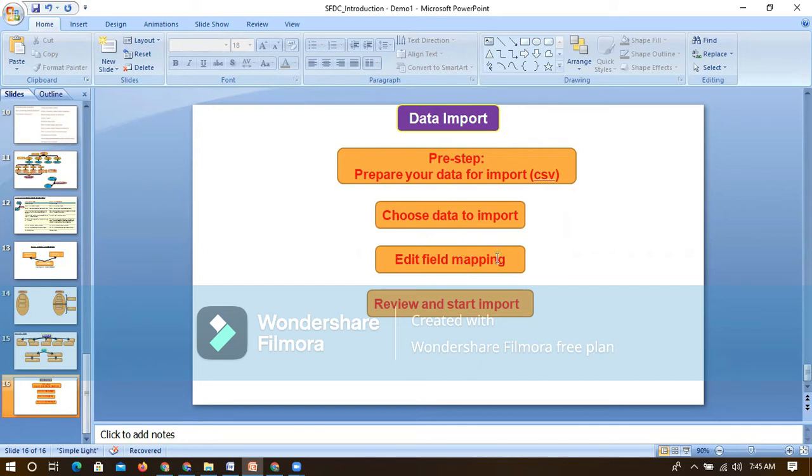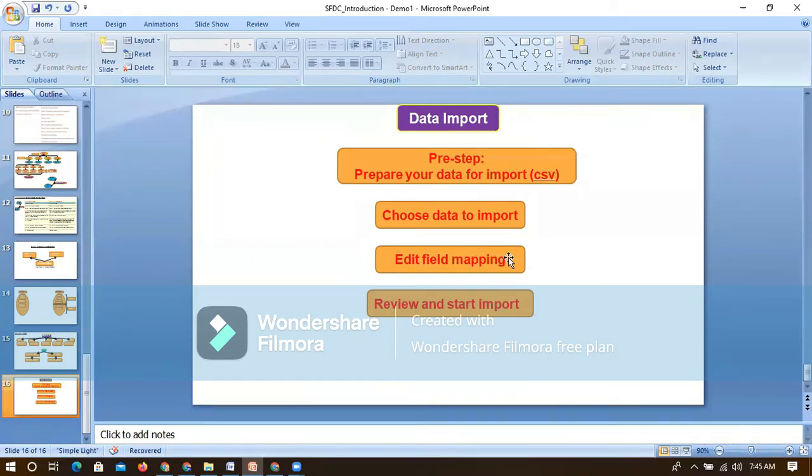And then edit field mapping. In this step itself you select the object, for which object you want to do this, whether it is account or contact or something else, for which you want to import data from third parties or from an Excel or CSV file.